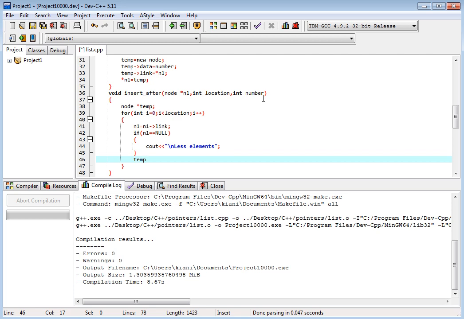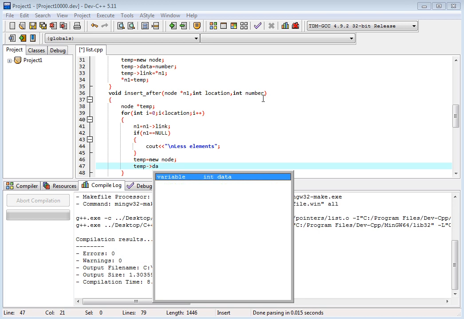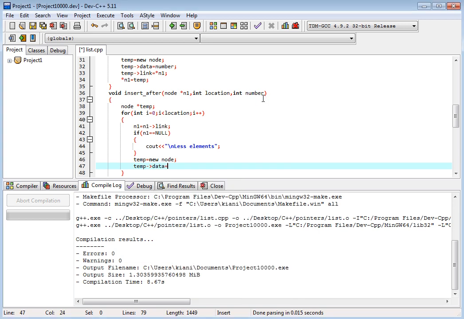We have not assigned the data. Now we have not inserted the node. Okay, we have to insert the node. So temp is equal to new node.